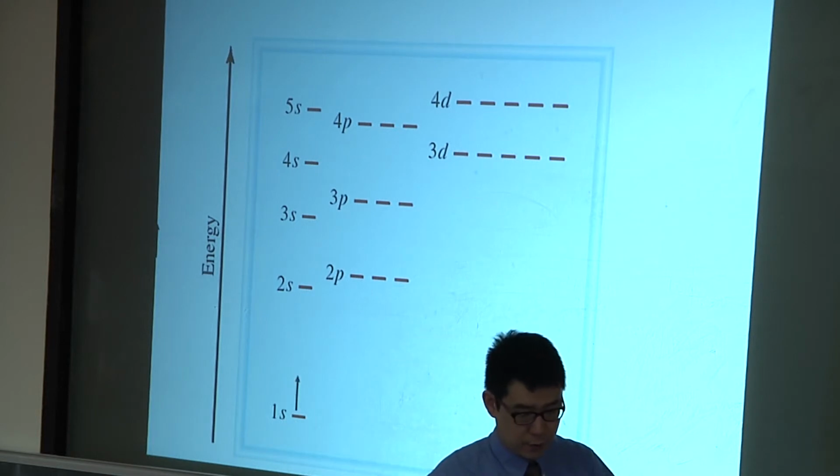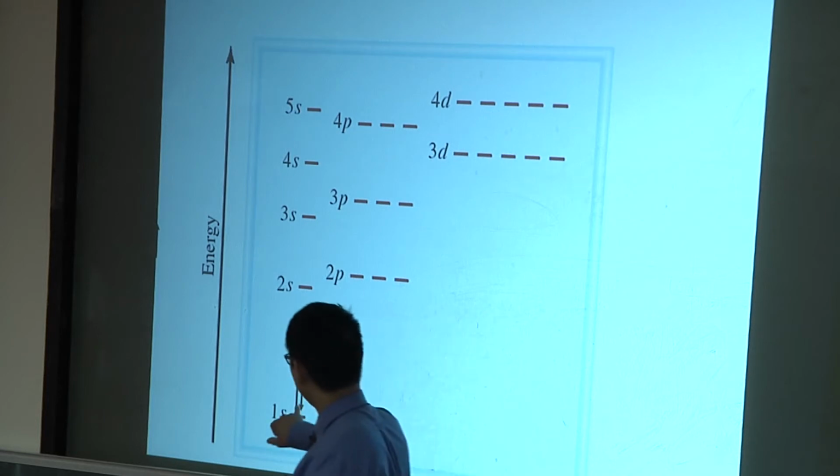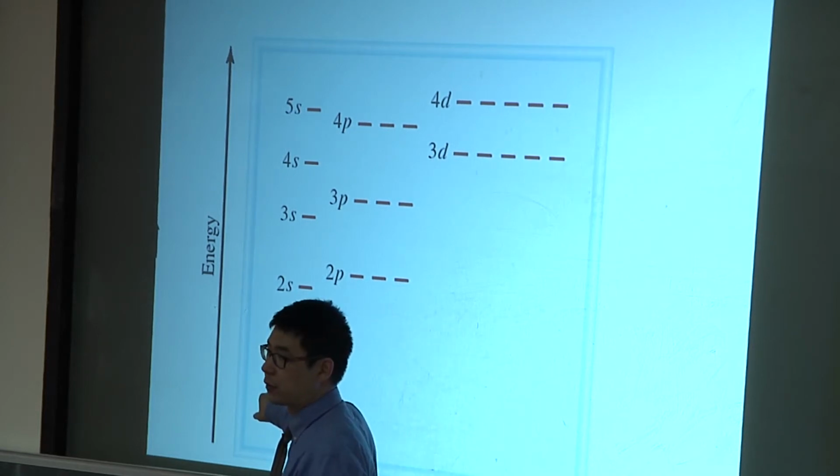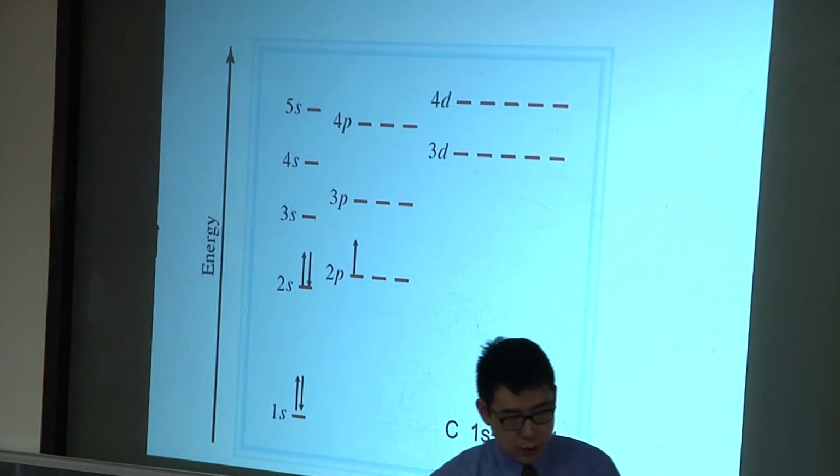And so that's going to be the first, that's going to be the second, right? And this is typically how we would draw them, right? This would be the m sub s equals plus 1/2, m sub s equals minus 1/2. And then you're going to go dot, dot, dot, dot, dot, dot, dot, right? And so this is,